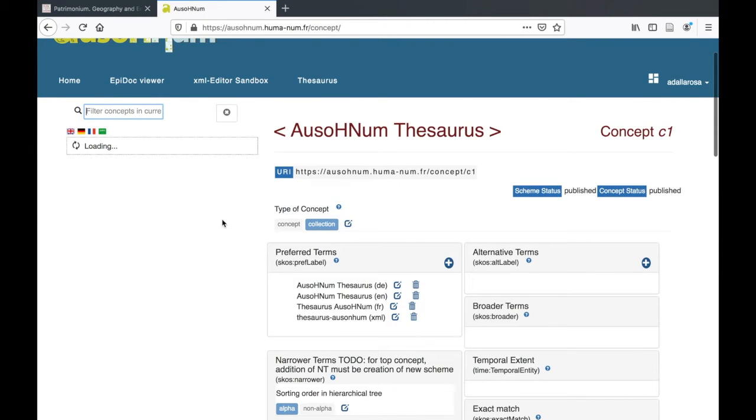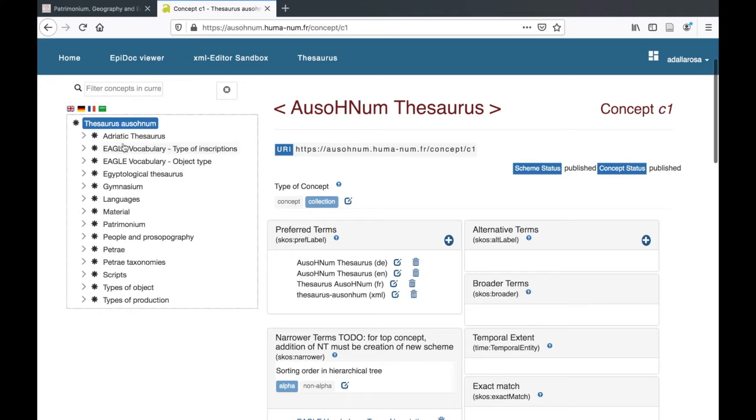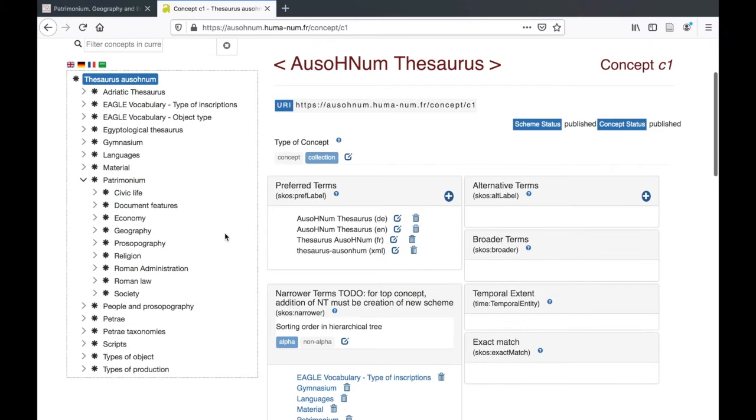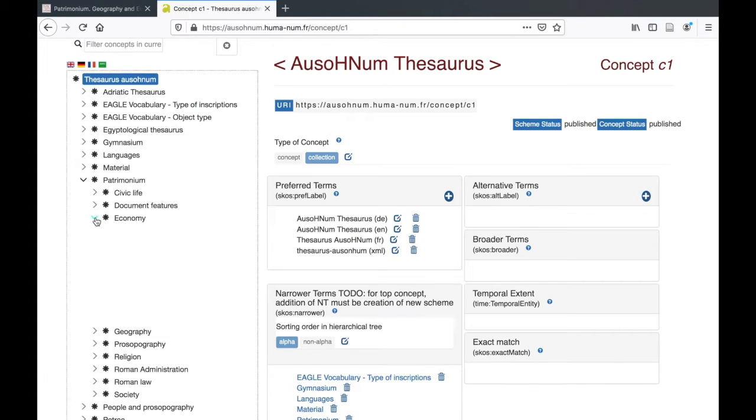So you see it's the same amount of time you need to wait, more or less, each time you open a document. And so you get here the list and you can just click on Patrimonium. You can expand here and you see the different categories. So actually, let's take, for example, one